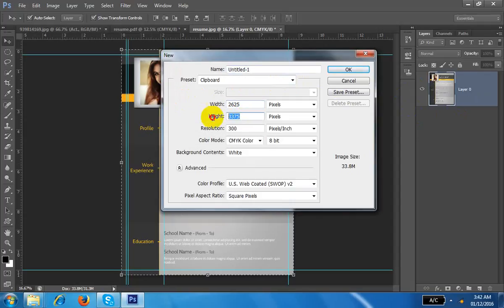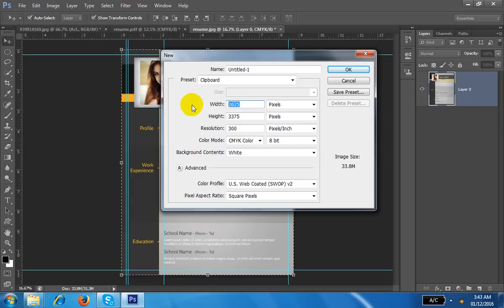This is the size. If anybody tells you in an examination, in a newspaper, or in any online submission like the BD skill form, that we require only 1000 pixel width image, your resume size should be 1000 pixels only, not more than 1000.